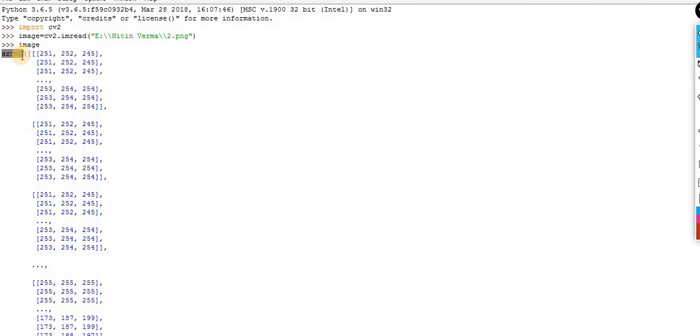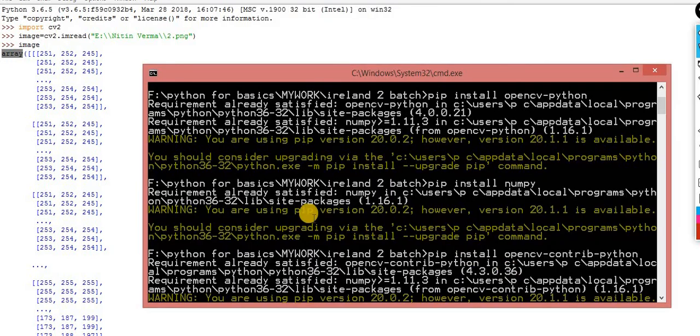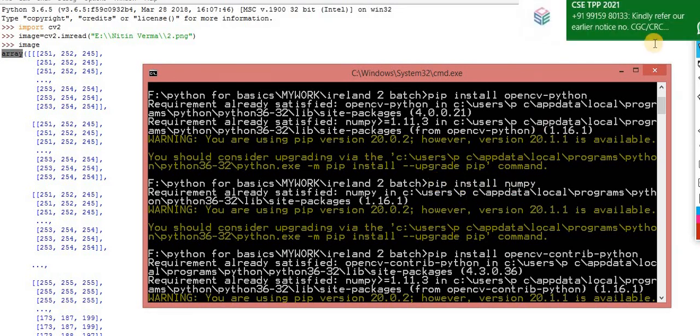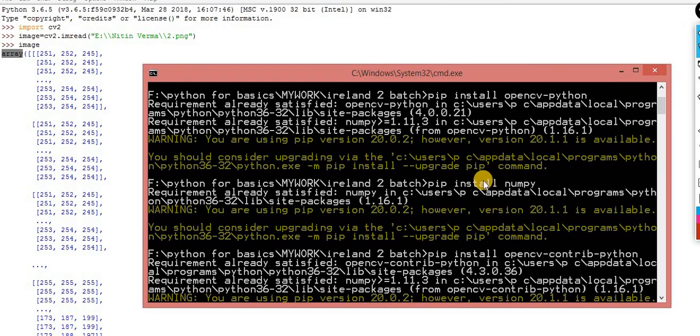So automatically, if numpy is there, fine. Let me tell you one thing. If numpy is not there, first you have to install numpy. Otherwise it will automatically start installing numpy. If you directly start with pip install opencv, it will automatically fetch numpy, and might be it will automatically install pandas as well. If you want to do it this way, then go with this. Otherwise, simply install numpy first, then install OpenCV, because these are requirements for OpenCV.